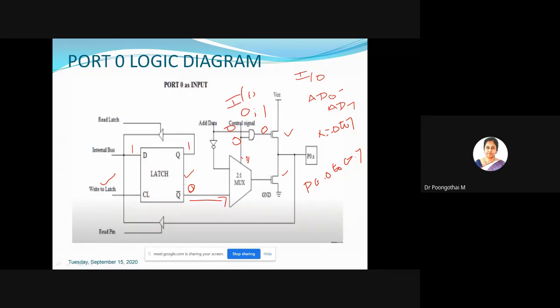Otherwise, it will allow the address/data signal to pass through it. So based on the control signal status, your 2:1 mux will allow the signal. Is that clear?